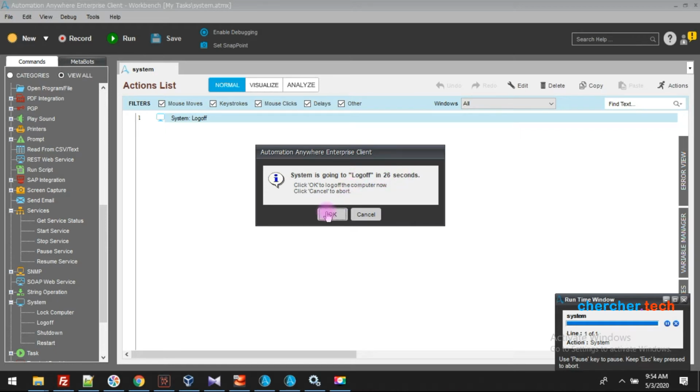If you press OK, the system is going to log off. Basically my user will be logged off and I would have to log in again. So I'm going to click Cancel, but if I let it reach 0 seconds, the system will automatically be logged off. Now I'm going to press Cancel.